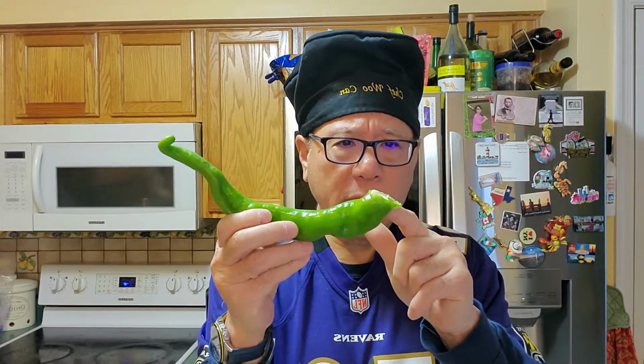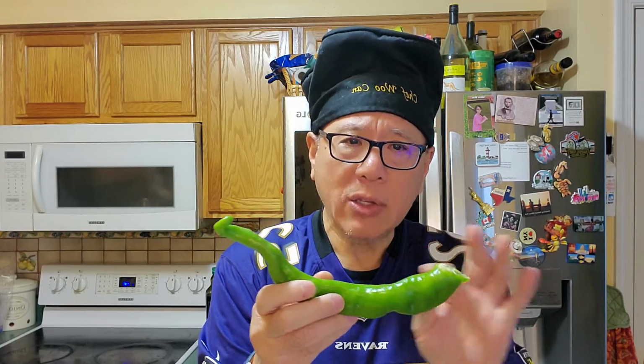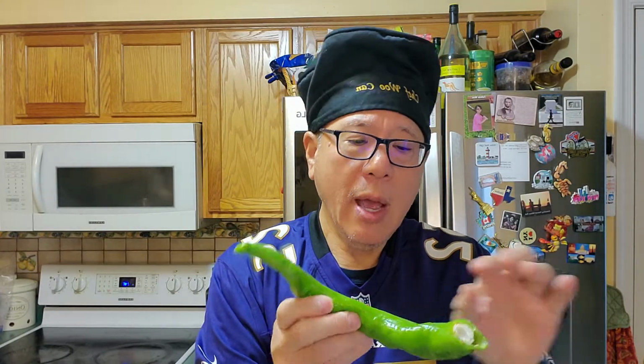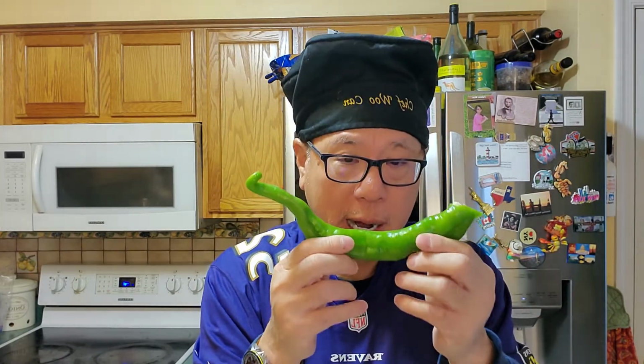So what we're going to do with these long peppers is I cut off the end, and it's kind of spicy. Obviously the seeds are here. We're going to take out the seeds. We're going to cut it the long way. You can use a knife or a scissor, and then we'll just take out the insides, because even if you take out the inside, it's still going to be kind of hot. And then we're going to stuff it with a combination of shrimp